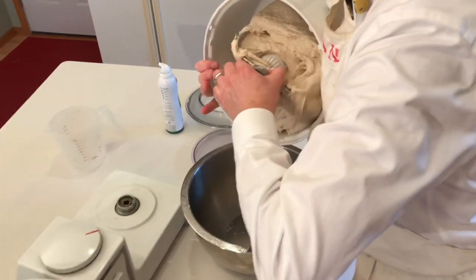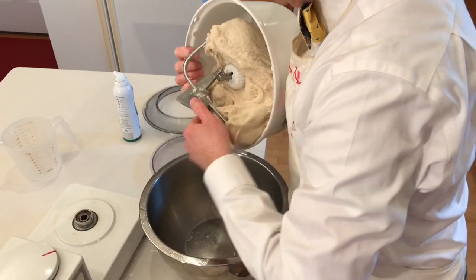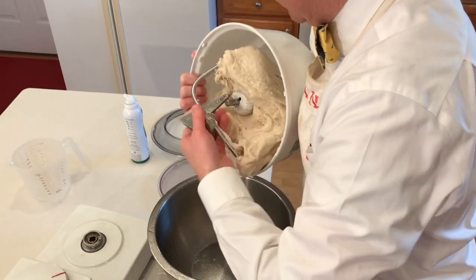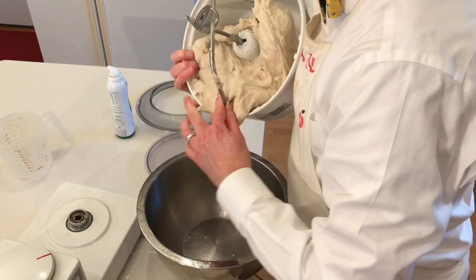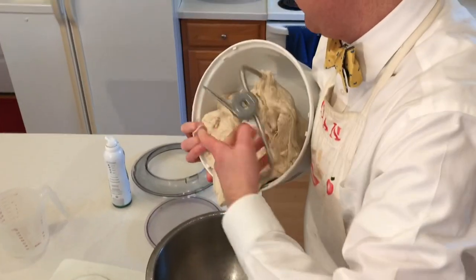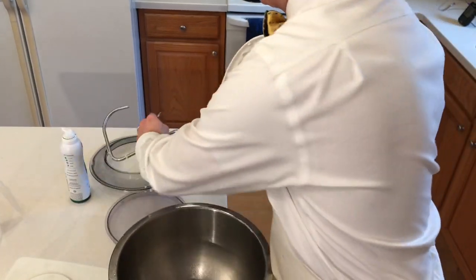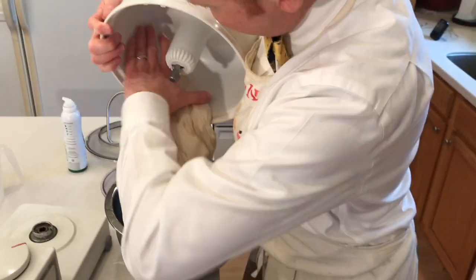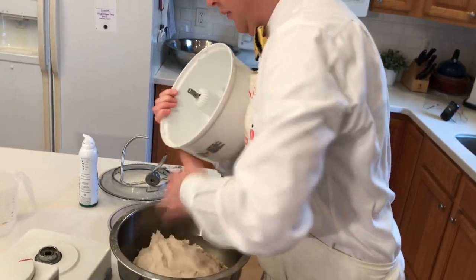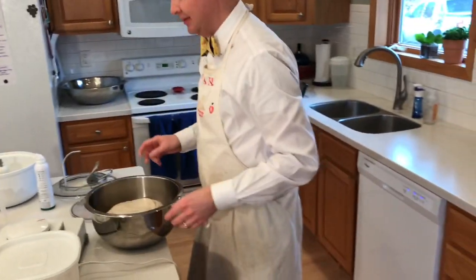And then I'm going to pull out the dough hook and see how easily all this dough comes off. There we go. Out we go. Just peels right out. Push it down one time. Give the dough 1 flick, and then cover it